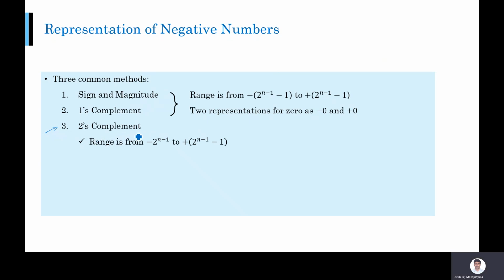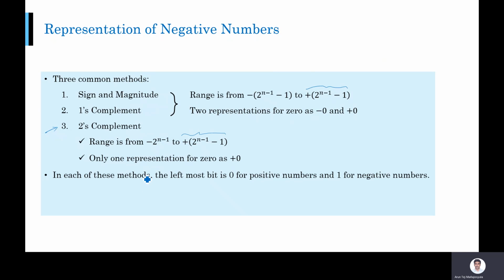On the other hand, for 2's complement, the range is from minus 2 to the power of n minus 1 to plus 2 to the power of n minus 1, minus 1. So for positive integers, you can see that the range is the same for all the three methods, right? 2 to the power of n minus 1, minus 1. Okay, for all three methods, the positive range is the same. The negative range is where the difference is coming. Okay, and that comes mainly because in 2's complement representation, there is only one representation for 0, as plus 0. Okay, we'll try to understand this in more detail.